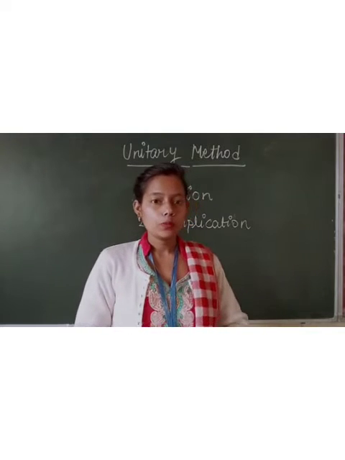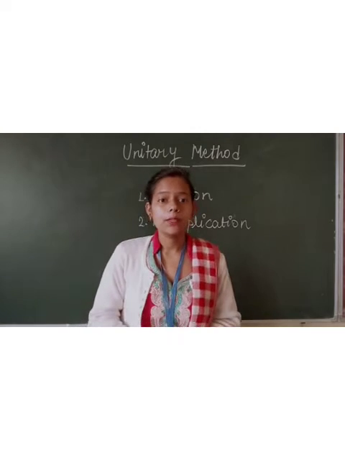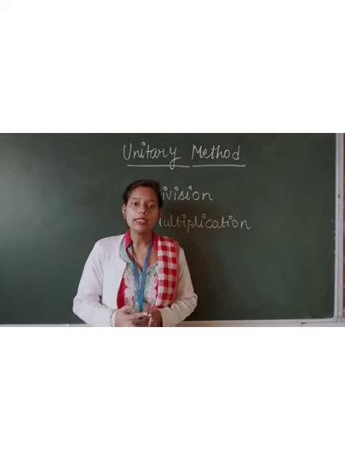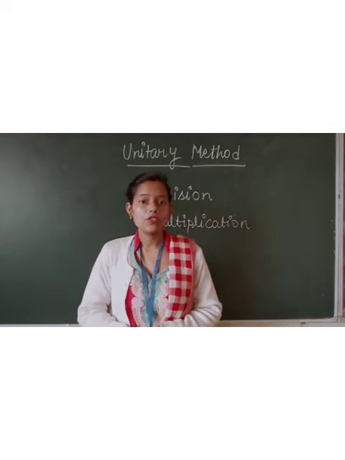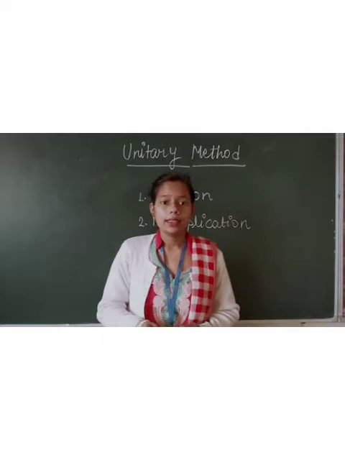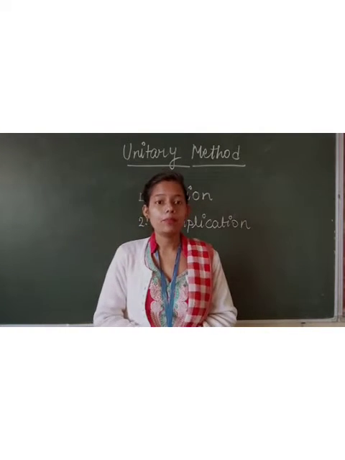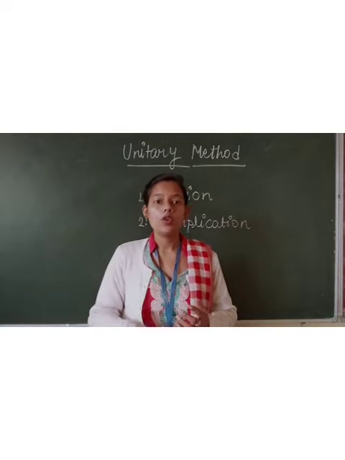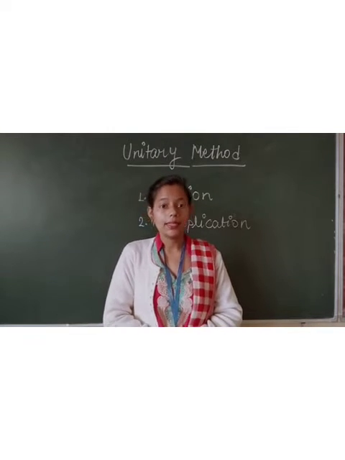Students, if we go to the market to buy any article, then we ask the shopkeeper the price of it. This is called the unit price. By using this, we can find out the price of many articles we want to buy. It also happens that sometimes the shopkeeper tells the price of many articles, but we have to buy only one. So how can we buy it? We learn it in the unitary method.